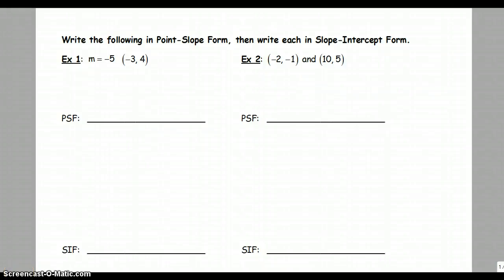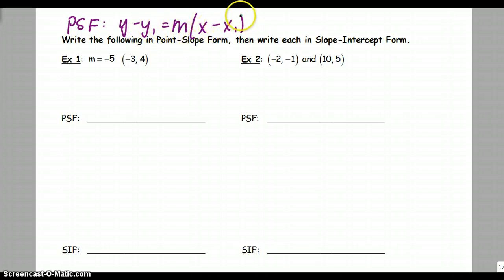When we need to write a problem into point-slope form and slope-intercept form, we have to use two equations. The first one we're going to use is the point-slope form, and that's y minus y1 equals m times the quantity x minus x1, where we substitute into the x1, the m, and the y1. After we get that form down, then we need to solve for slope-intercept form. The slope-intercept form is y equals mx plus b, and there's two steps to go from point-slope form to the